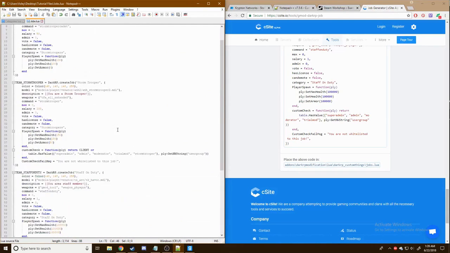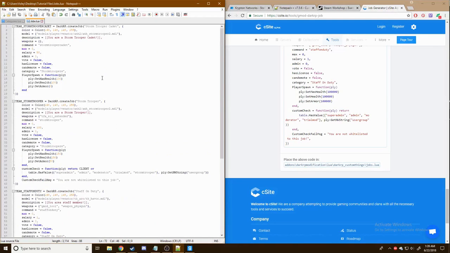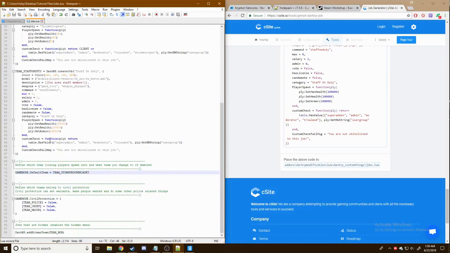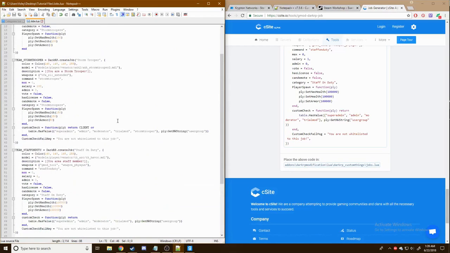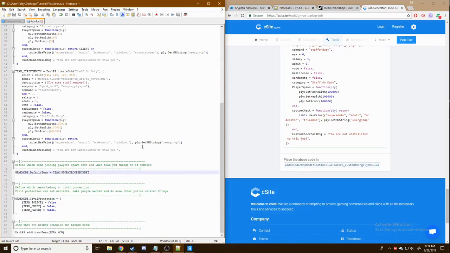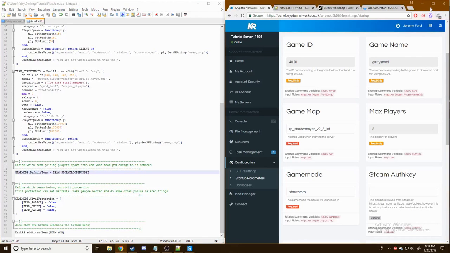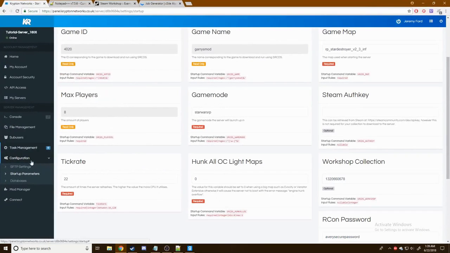making our example jobs. Now, when you make your usual jobs, it is not uncommon to have thousands of lines of code, 1,000+ lines of code. So don't be scared if you have that many lines of code. So now, when you've done this, I'm going to show you how to install it into your server. So we're going to go back to our panel, and we're going to go to your file management,